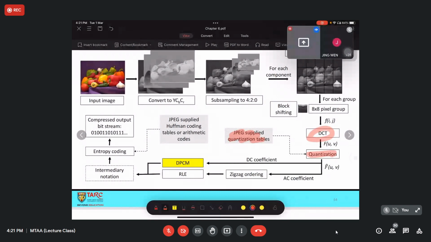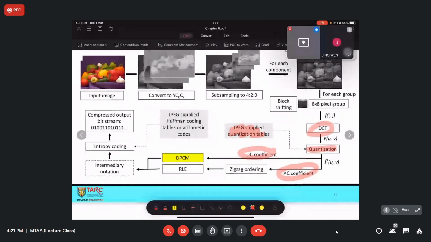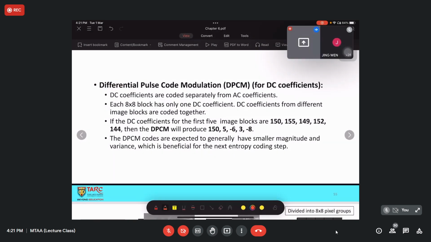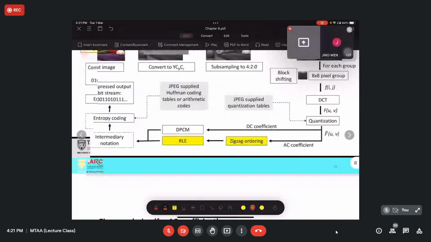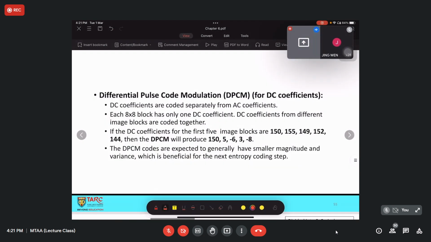After you perform the quantization, you would have DC values and also AC values. For the DC value, you need to perform DPCM, and for the AC values, you need to perform zigzag ordering followed by RLE. The DPCM is very simple. As I mentioned previously, we always want to figure out an alternative method to reduce the storage size.